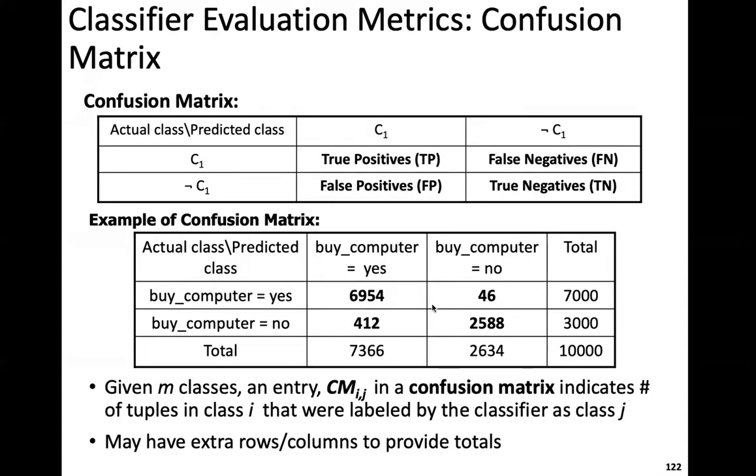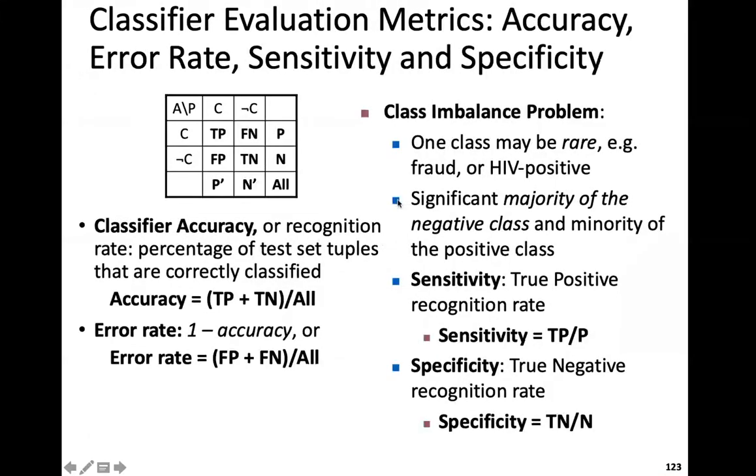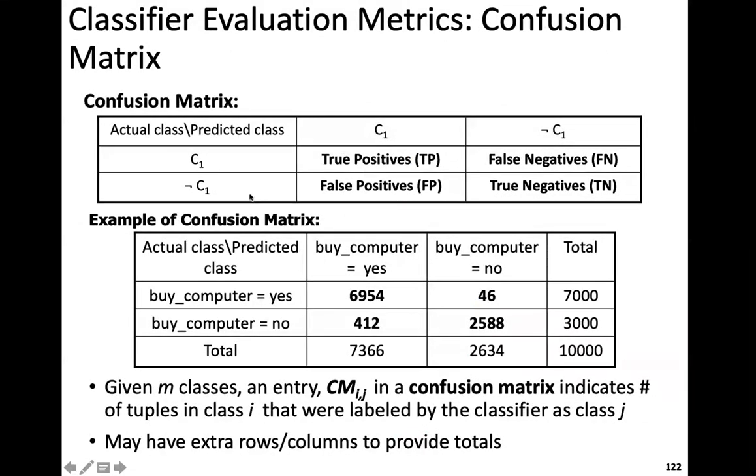Then you have another one, which is called false positives. In the false positives, it is actually something else, but we are labeling it as belonging to one particular category. If that category is say C1, and it is actually not belonging to that class C1, then it is under the set of false positives. And the other one is the true negatives: we know that it is not C1, we have labeled it as not C1, and it is actually not C1. So that is a true negative.